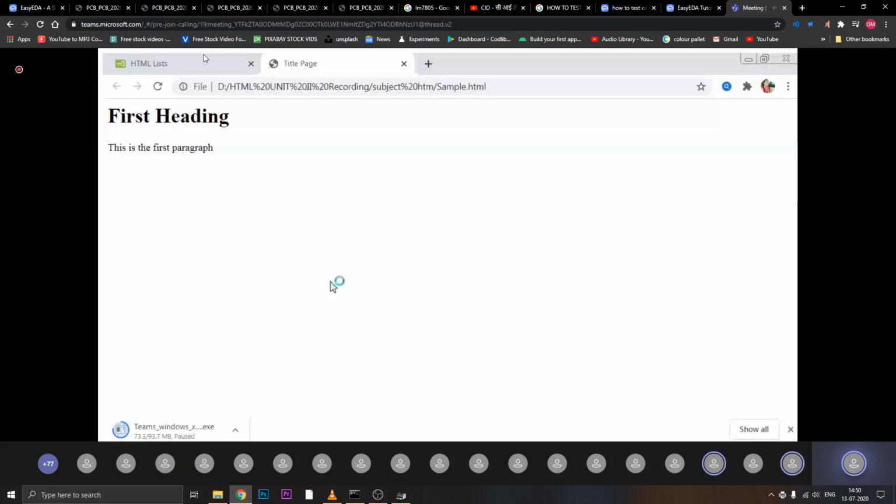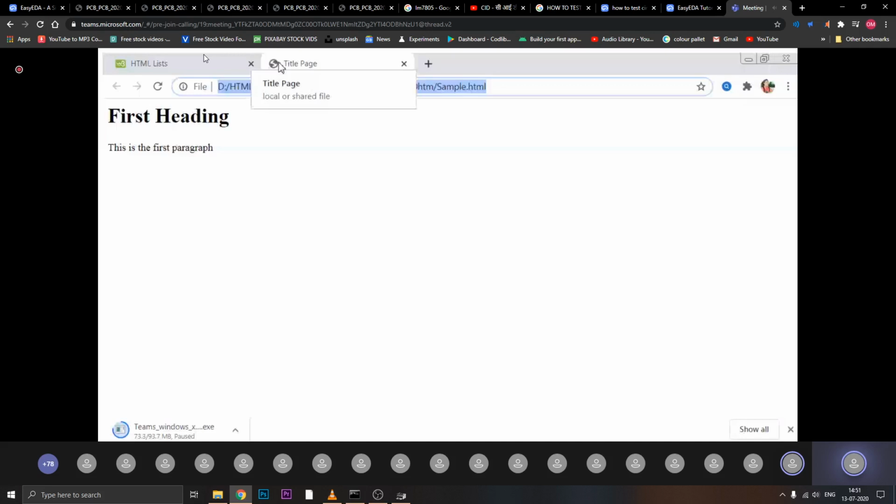You can see here this is the path, or simply we can say this is the URL, through which you will be locating your web pages. Here the local path appears, as we have saved it locally. I have added the title section. Here you can see where it appears as the title of the page.